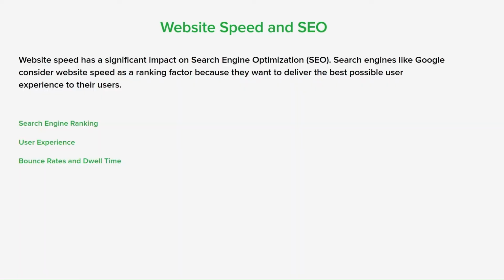Slow loading pages tend to have a higher bounce rate, which refers to users leaving a website after a short while. And high bounce rates can signal to search engines that the content on the page might not be relevant or the user experience is poor. Conversely, fast loading pages lead to a longer dwell time, so the time users spend on a page, indicating higher